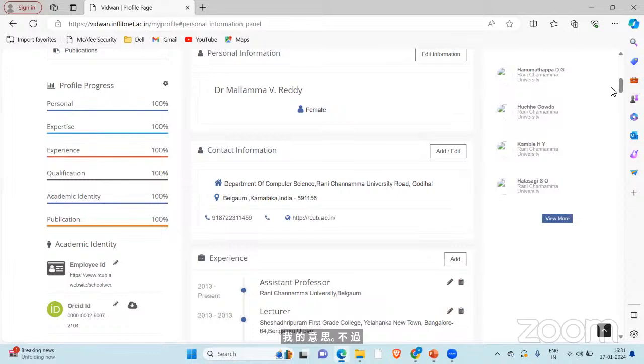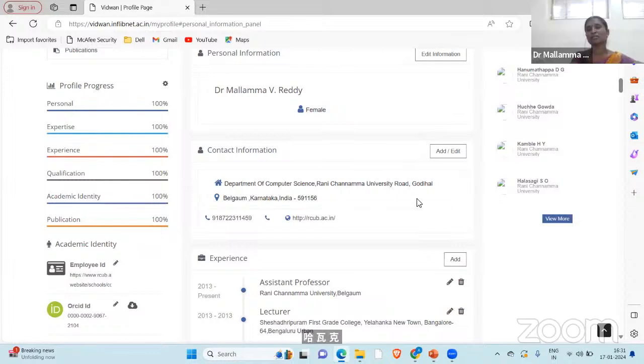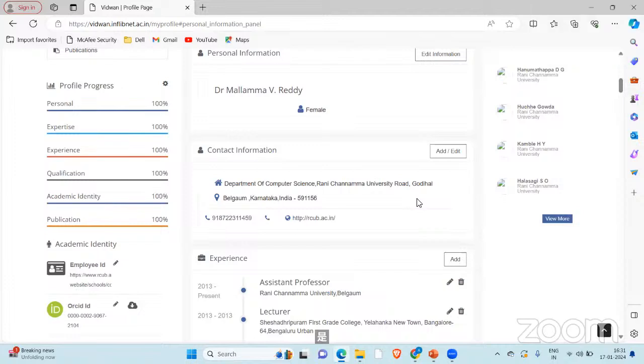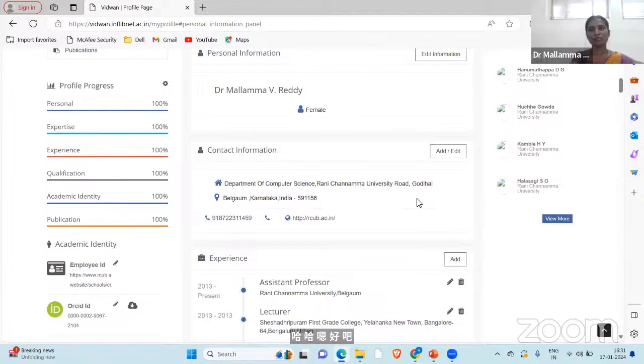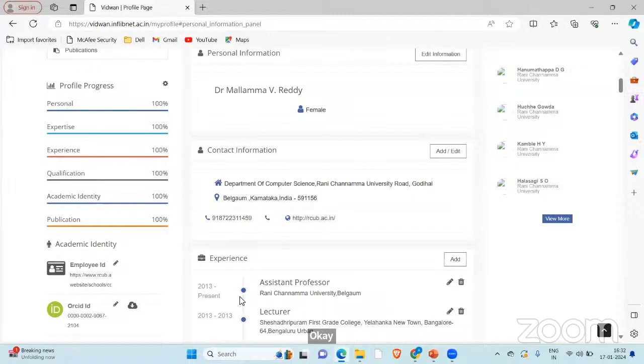Sorry, how can I share my screen with you? There is a share screen option. I don't find any share option here.